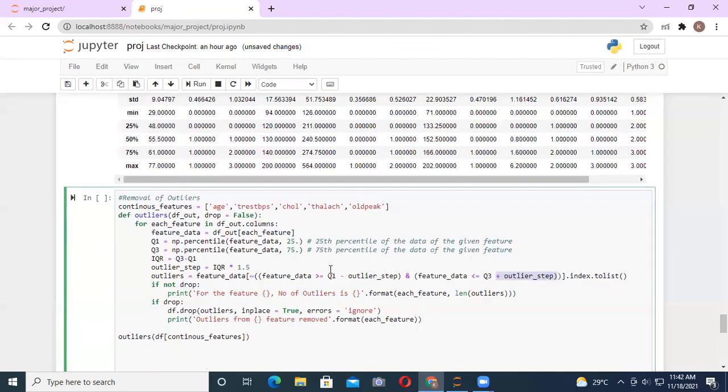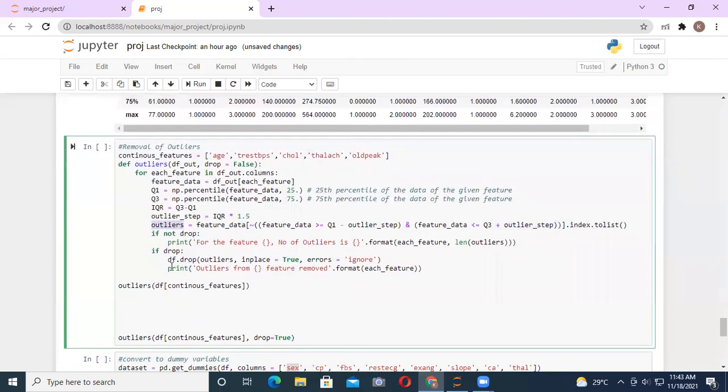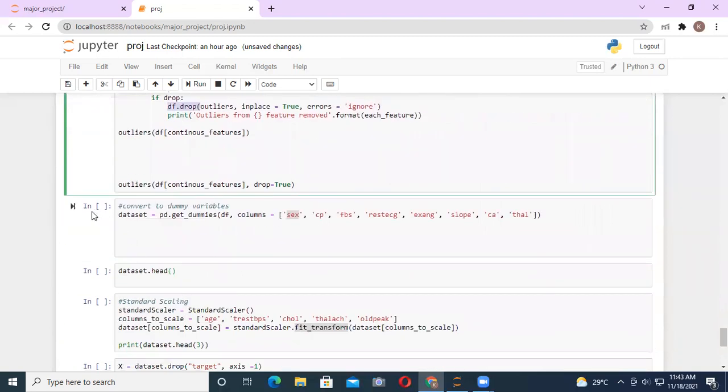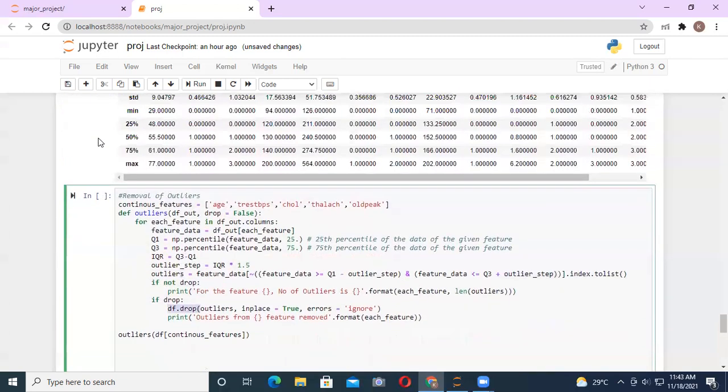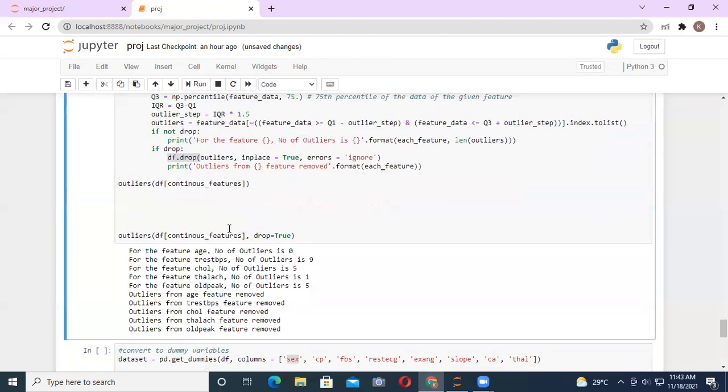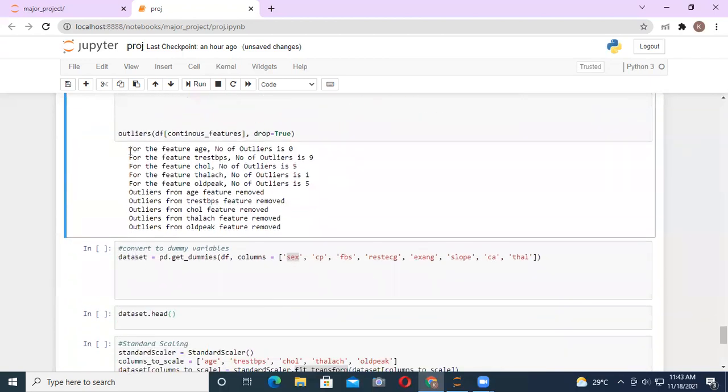All the data values that are outside this particular range are treated as outliers and are dropped from our data set by using the df.drop method. Now the data set is free from outliers. As we can see, all the outliers that are present in our features got removed.